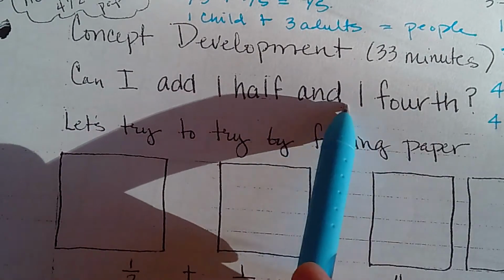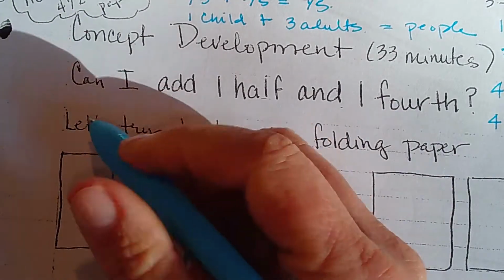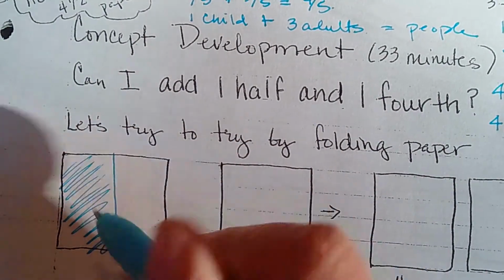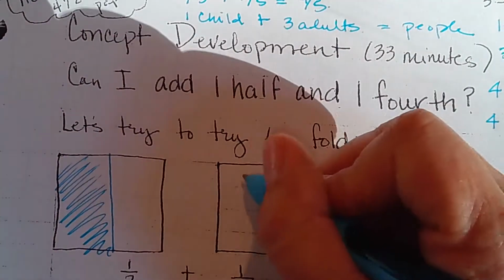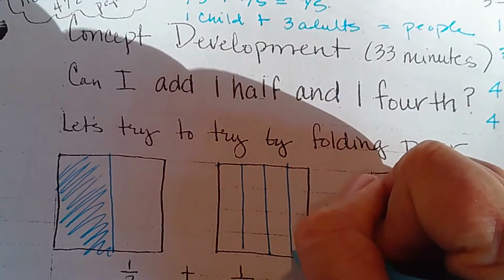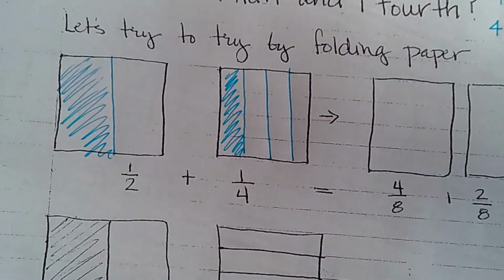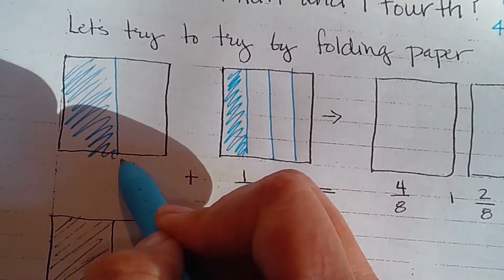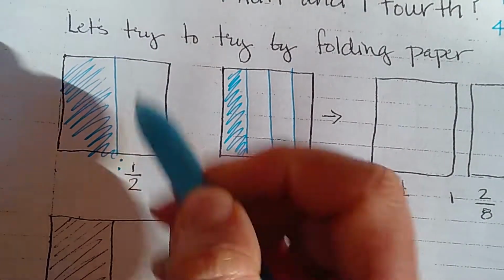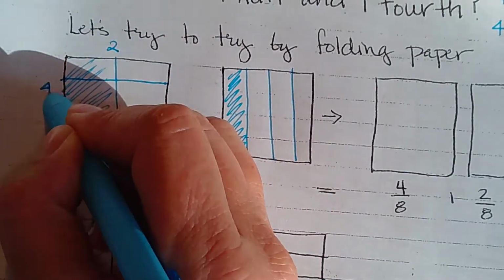So, can I add 1/2 and 1/4? Let's try it. Let's try to add 1/2 plus 1/4 using the boxes we've been given. Let's now try to make like units. How could we make like units? If this is divided by 2, I wonder if we divide it by 4. So if this is 2 on this side and we divide by 4 on this side,